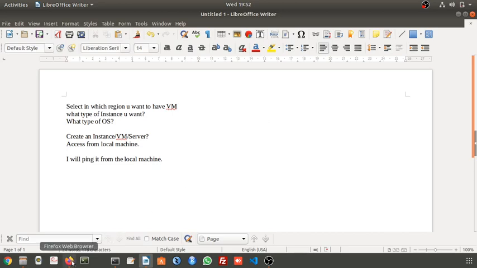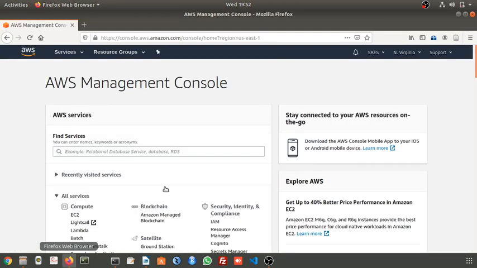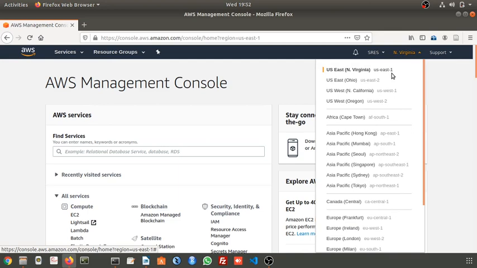Now let's first go to the Amazon console, that is the AWS console. I hope you have created your own AWS account. Right now I am in the North Virginia region. If you want, you can change this region also, but be careful while selecting the region.